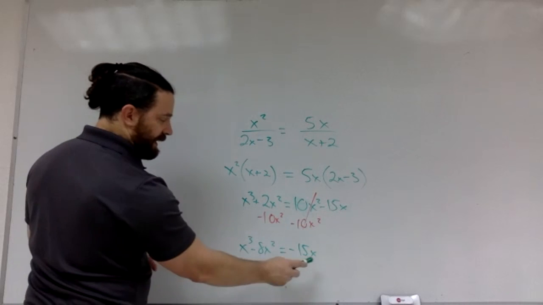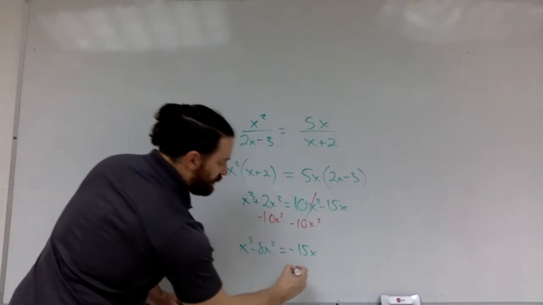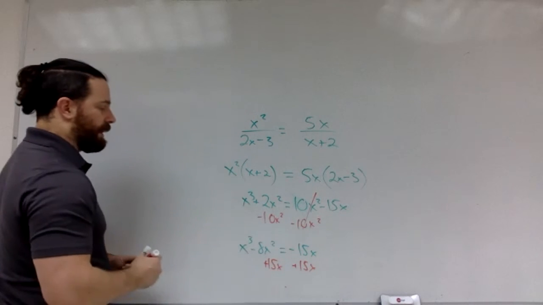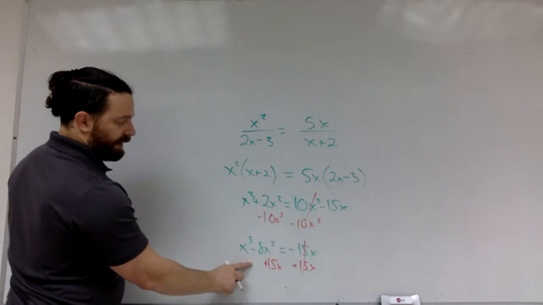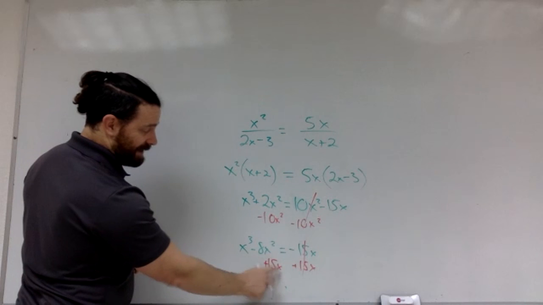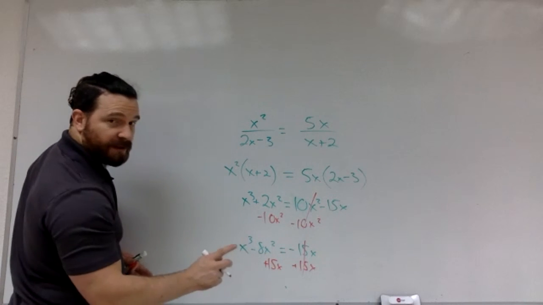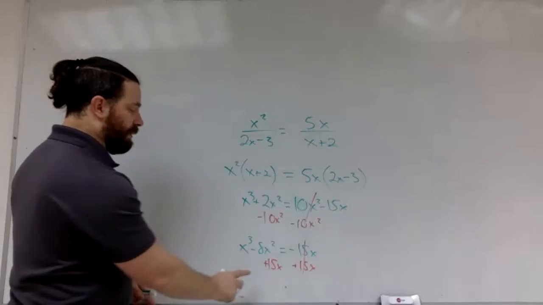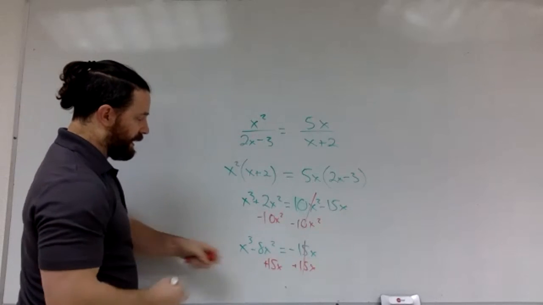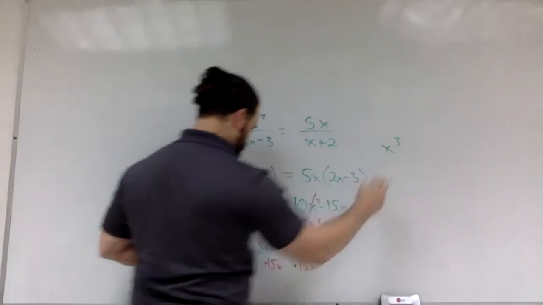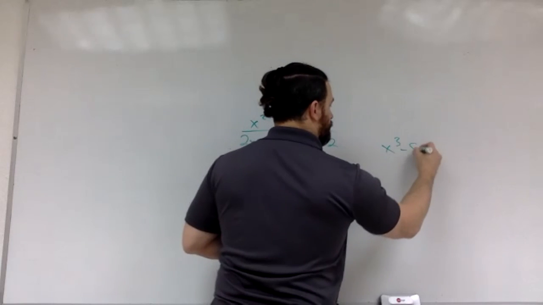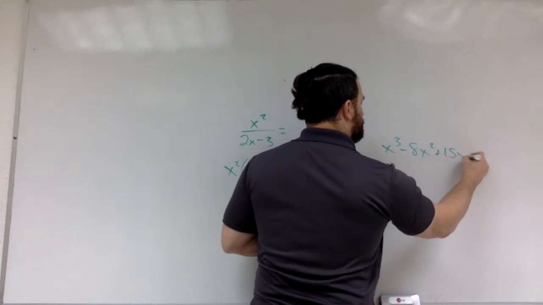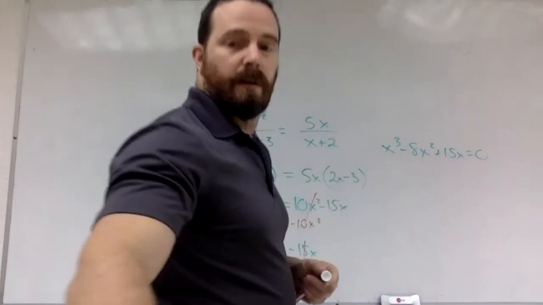So now I have to cancel this guy out. So now I'm going to do plus 15x, and over here plus 15x. Now on this side over here, I can't actually add 15x to either of these because the exponents are different. Remember, you can only add variables if the exponents are the same. So I'm just going to get this. I'm going to get x cubed minus 8x squared plus 15x, and all equal to 0. So now from here,